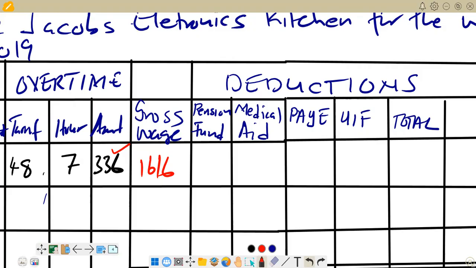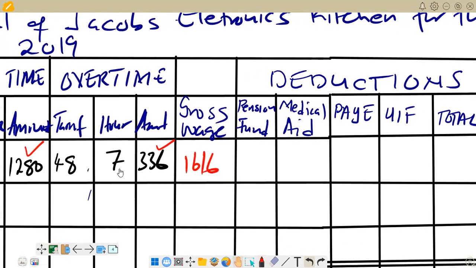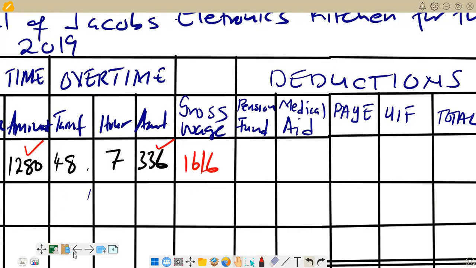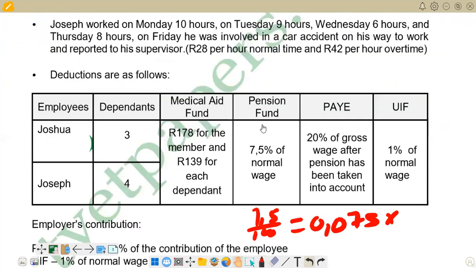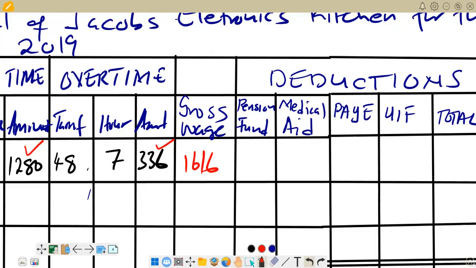let's just recheck there. The total that we got for normal wage is here, 1,280. So it means we are multiplying by 1,280. Then we get our pension fund. So if you multiply correctly there, you get 96. So 96 is our pension fund. So you can just go there and put that one,